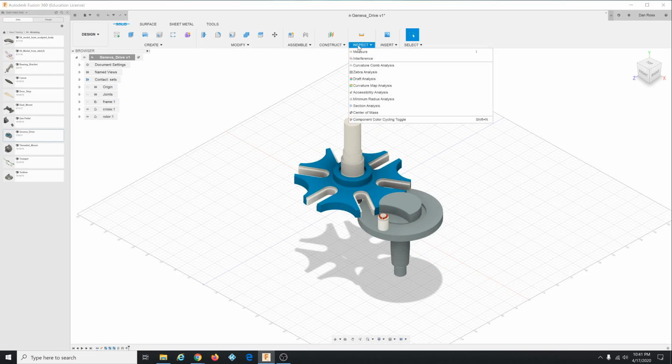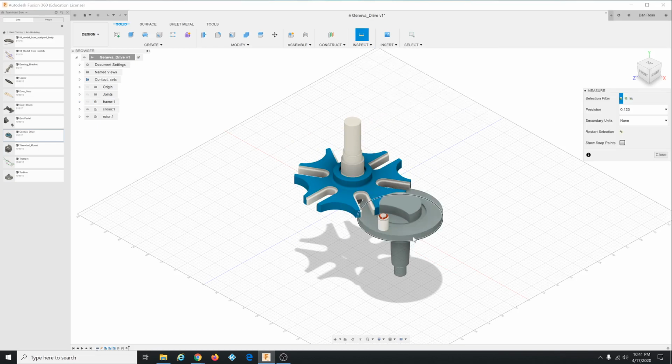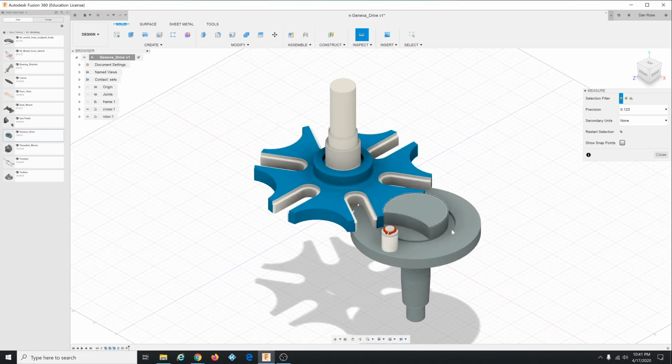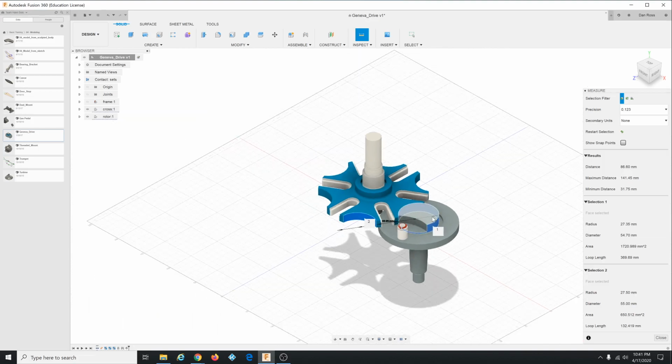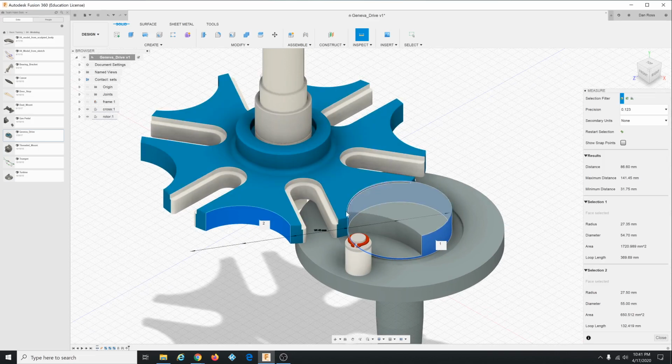It's pretty quick. So you go to the Inspect menu, Measure, and zoom in a little bit. We want to pick this, and then one of these arc faces here, and then just look at the numbers. It's telling you the radius is 27.35 millimeters for item 1, and 27.5 millimeters for item 2. So item 1 is rotating constantly, and it's just sliding along this face for a while. So you want to have some clearance in there, and we have 15 thousandths, or 0.15 millimeter, in the gap